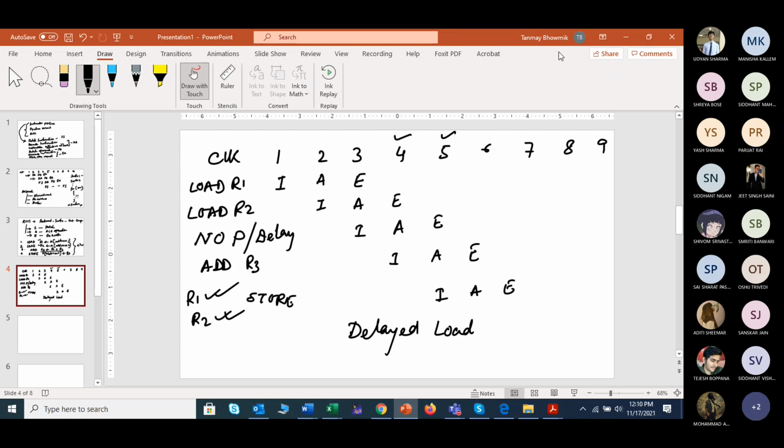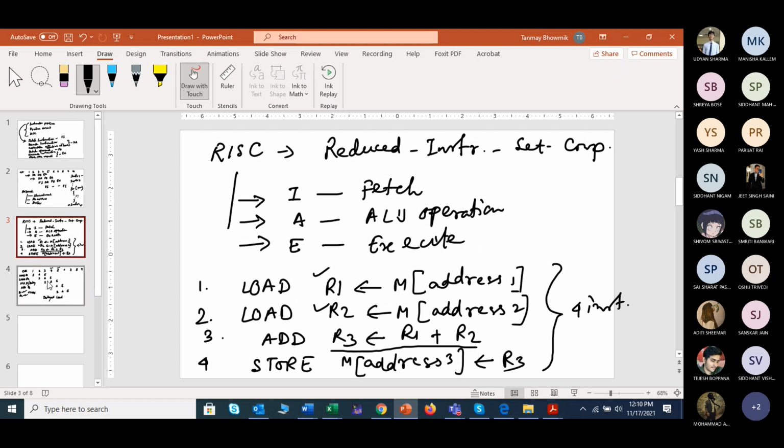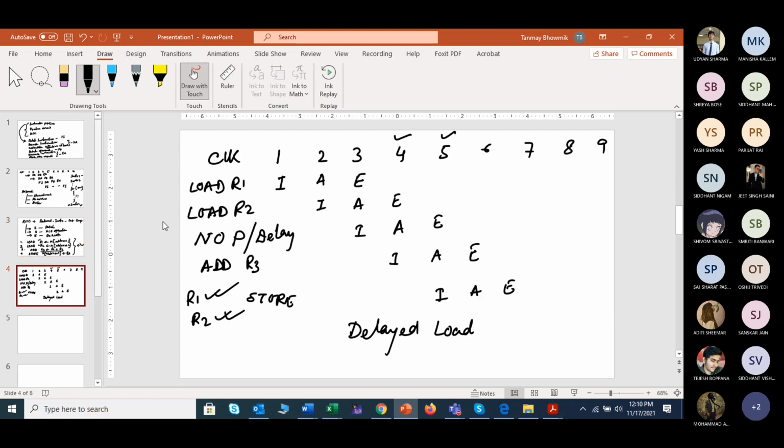So in this part, some type of statements will be given, say for this type of instructions. These 4 instructions have been given, and we will start with 1 or 2 examples, and then you will be asked how many delays or how many NOP operations are required to adjust this whole pipeline execution. So this type of statement can be given.